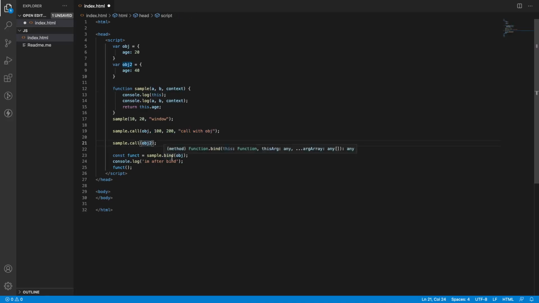Let me pass some more values like this: 500 comma 600 comma call with obj 2. Like this I can call. And here I am calling the bound function. Already this context is bound, we just need to pass the values now. So for example, I can pass 800 comma 900 comma bind with obj. I have saved this.